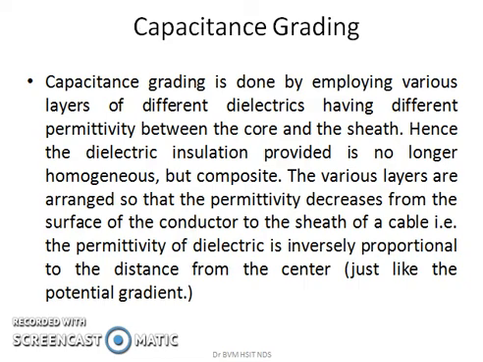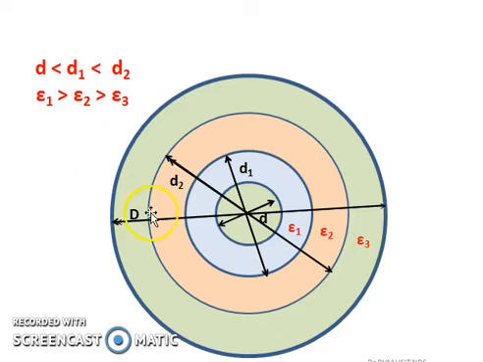Okay. Let us discuss capacitance grading. See here. What is this capacitance grading? This is your conductor. Core, we call it core or conductor. And what is from here to here? It's insulation. So what we are doing in capacitance grading is using different dielectrics,